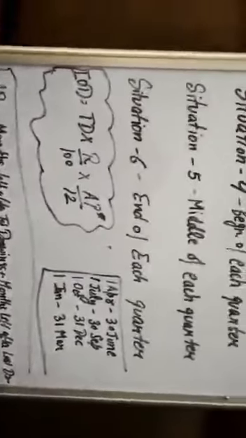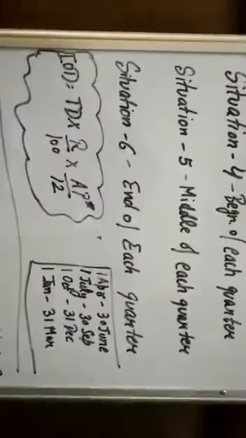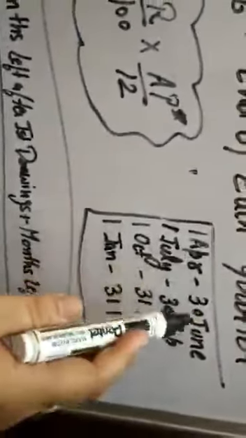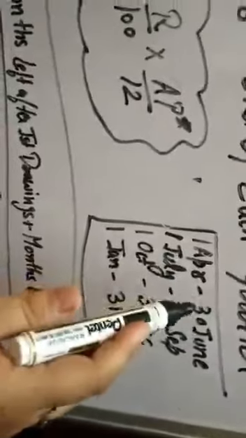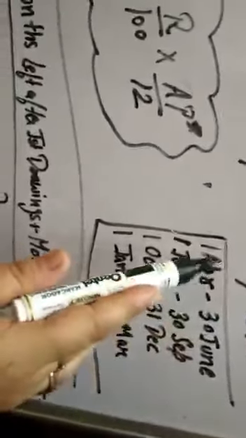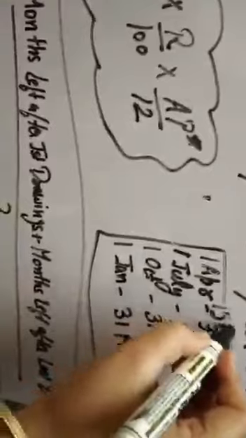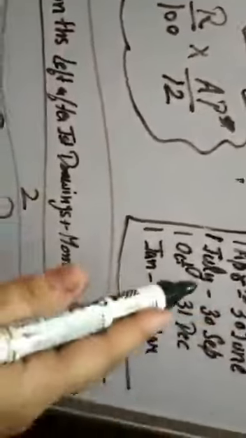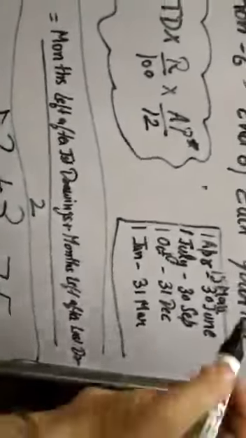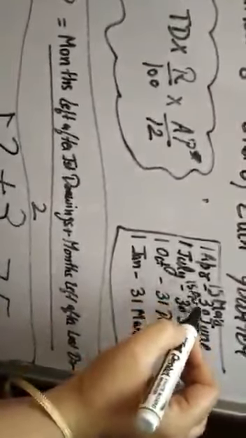Now, next situation, middle of each quarter. Middle of each quarter means if we talk about quarters, students, 1st April, this is a time period of 3 months. And what will be the mid of these? 1.5 months. So full month of April and half month of May. So the middle of the quarter will be 15th May. For 1st July to 30th September, the middle of the quarter will be July and half month of August, that means 15th August.